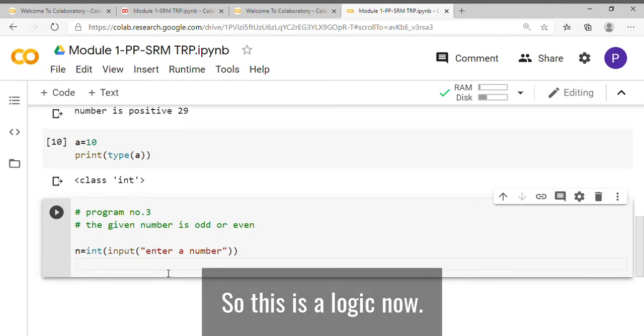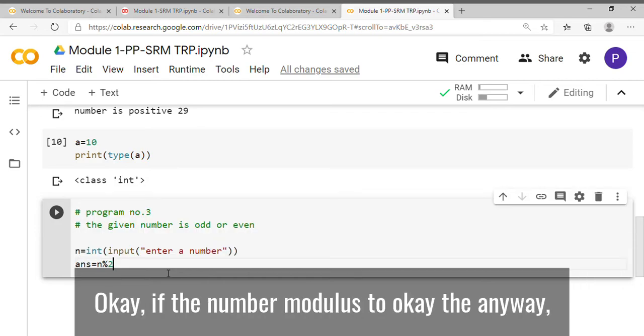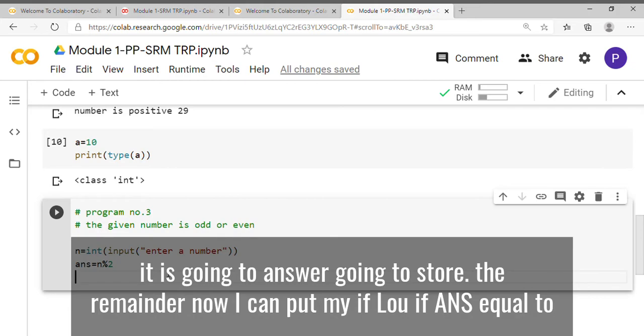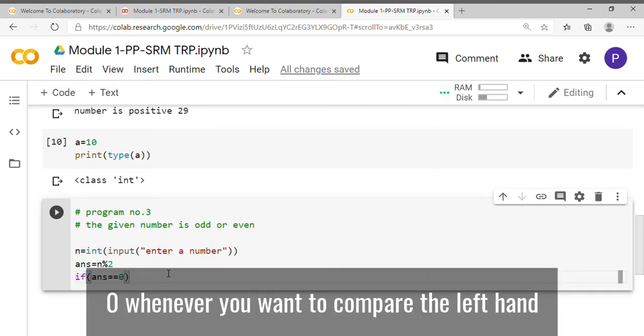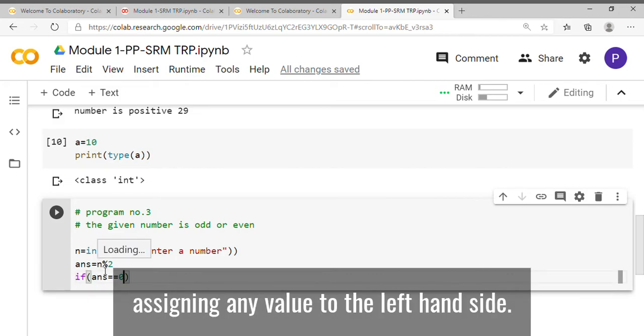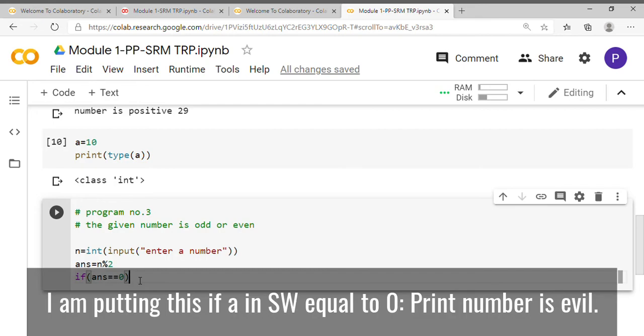Now I am going to take ans. Here I am going to store n modulus 2. Anyway, ans is going to store the remainder. Now I can put my if statement: if ans equal to 0. Whenever you want to compare left hand side and right hand side, you have to use double equal. If you are assigning any value to the left hand side, you have to use the assignment operator. This is equal, this is assignment. Now I am putting if ans double equal to 0 colon